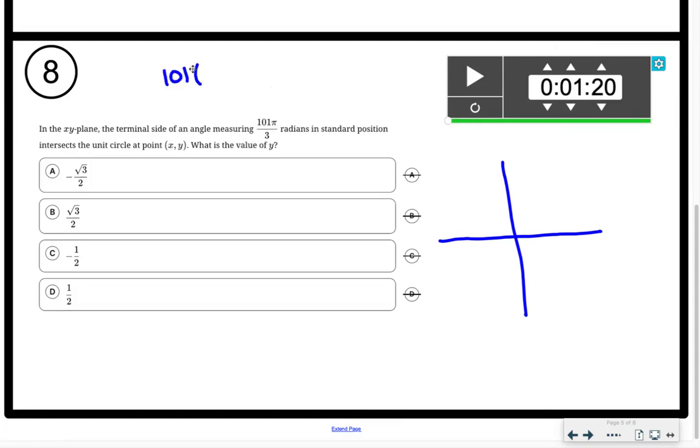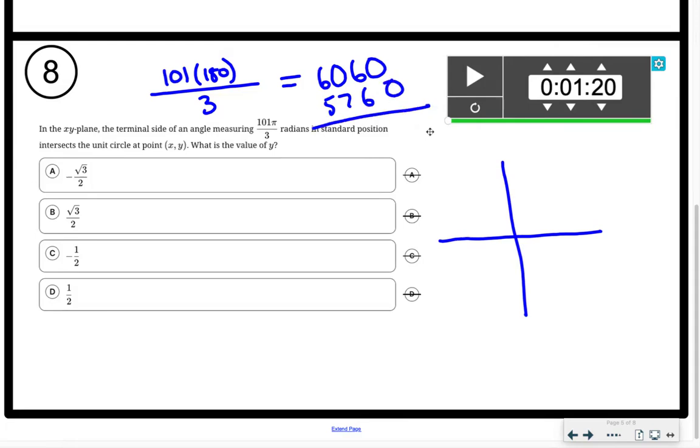So I'm going to replace pi with 180, because pi is 180 degrees. So I get 101 basically times 60. So I get 6,060, which means I'm just going around a bunch of times. So I'm going to divide that by 360, and I get 16.8. I don't really care about the 0.8. It means I go around 16 full times. So 16 times 360 is